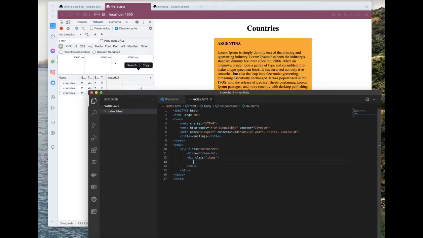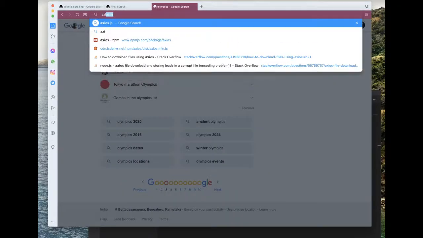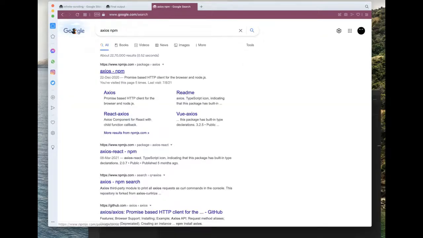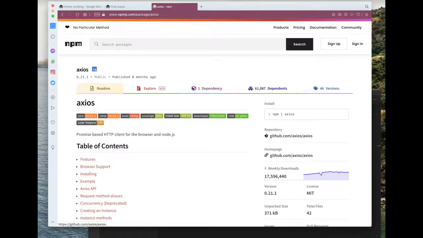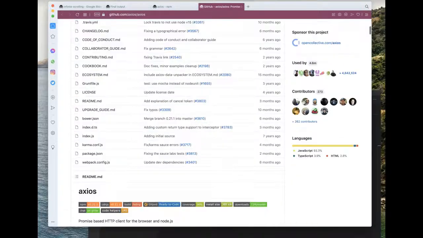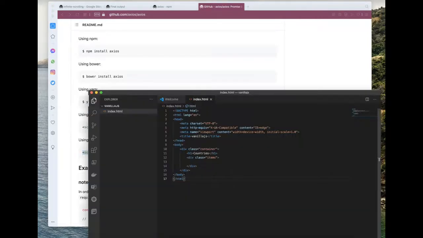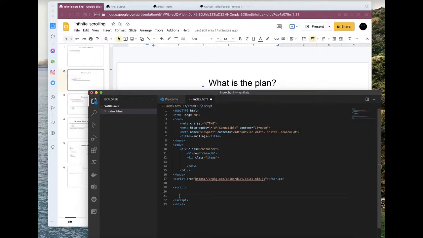In order to invoke the get API, we'll use the Axios library. We'll make use of the CDN. This is the element that will be scrollable, so we have to add a scroll event listener to this element.